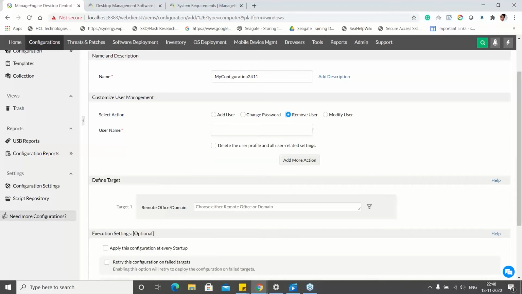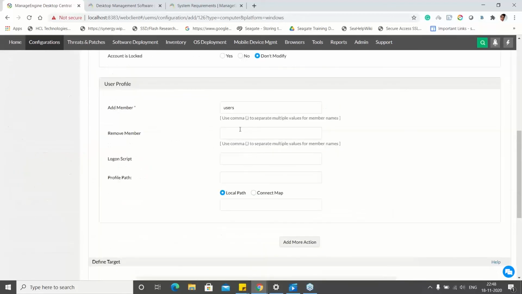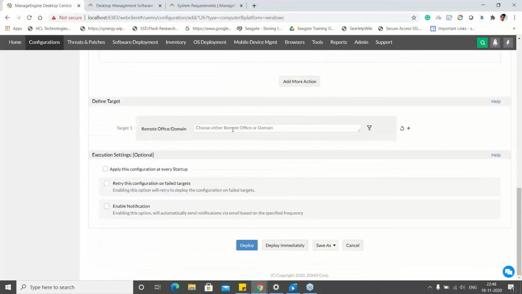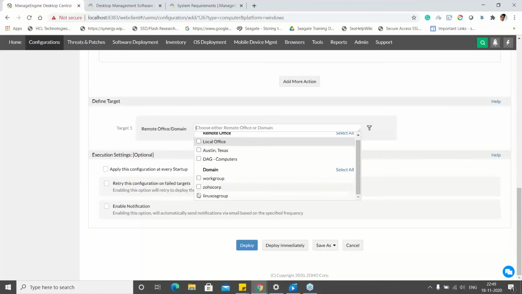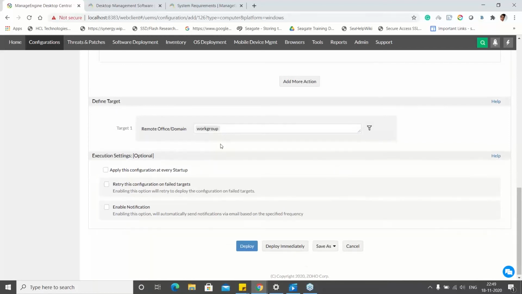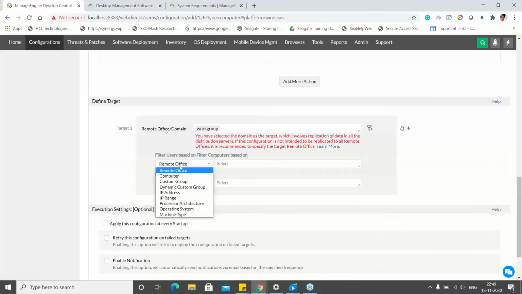So you can define what set of configuration you want, and you can also ask Desktop Central to move that particular user to a specific group. You can very well do it. Either it's an administrator group or a standard user group, you can very well move it. And then you can target which machines you want to deploy to. So here I'm going to deploy to all the machines in my infrastructure, that's our group machines. And I'm going to narrow it down. It's going to deploy to particular computers, three or four computers. I can choose them and I can deploy this configuration alone.